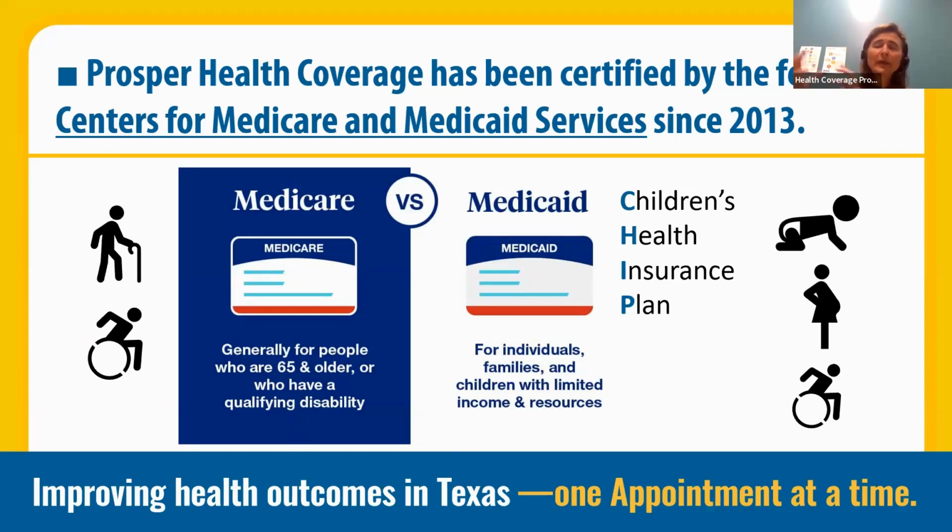And then, with a little bit more flexibility as far as income goes, there is the Children's Health Insurance Plan also. CHIP operates a lot like Medicaid, but it has a higher income threshold for families who might have a little bit more income. With Medicaid, there tends to be no monthly premium, versus for CHIP, people do tend to have to pay a modest premium to have access to those health insurance plans. Importantly, for all three of these programs, Medicare, Medicaid, and CHIP, in most cases, not in all cases, people generally pay